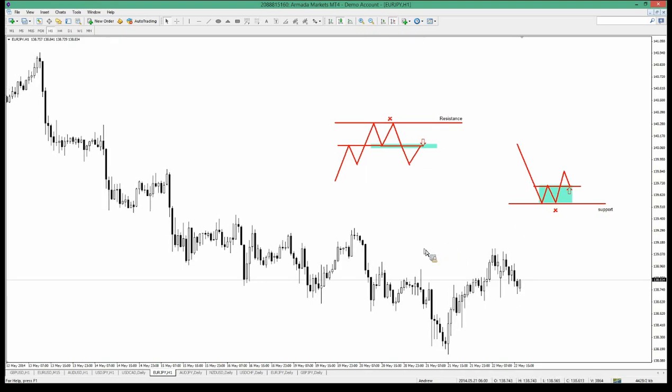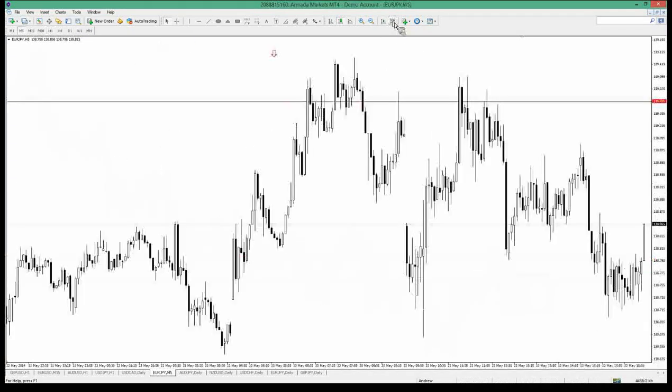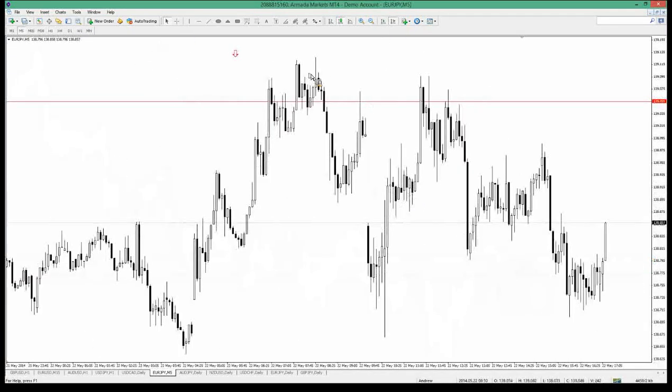So let's just have a look around and see if we can find some examples. I haven't had a chance to actually go and physically look for some picture perfect examples, but let's just have a look at these sort of areas here. Let's say we've got price coming up, finding resistance, and this is an hourly chart up here. So instead of just entering directly at the level, I can then go and have a look on, let's say, the 5-minute chart, and very straightforward. You see here,